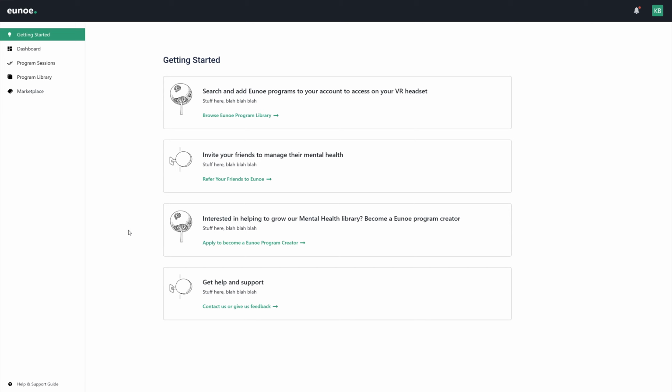And when someone creates their account and they log in, there will be a standard getting started page, and this is where we will add many calls to action to try and engage the individual to take actions around the website. We can see here that we're prompting them to search and add programs to their account to access on the VR headset, invite friends, interested in helping grow the library, become a program creator, help and support. And as we add new features to the platform or new programs, whatever it may be, that content will get